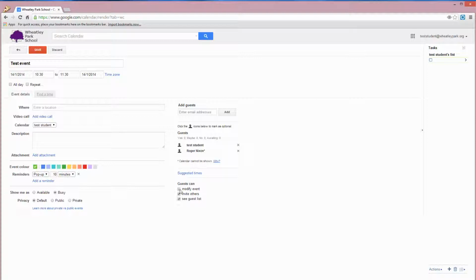You might not want them to be able to modify the event, but you might want them to be able to invite other people. You might not want them to be able to see who else is going. So you've got some options there. You can change the colour. You've got reminders as well,